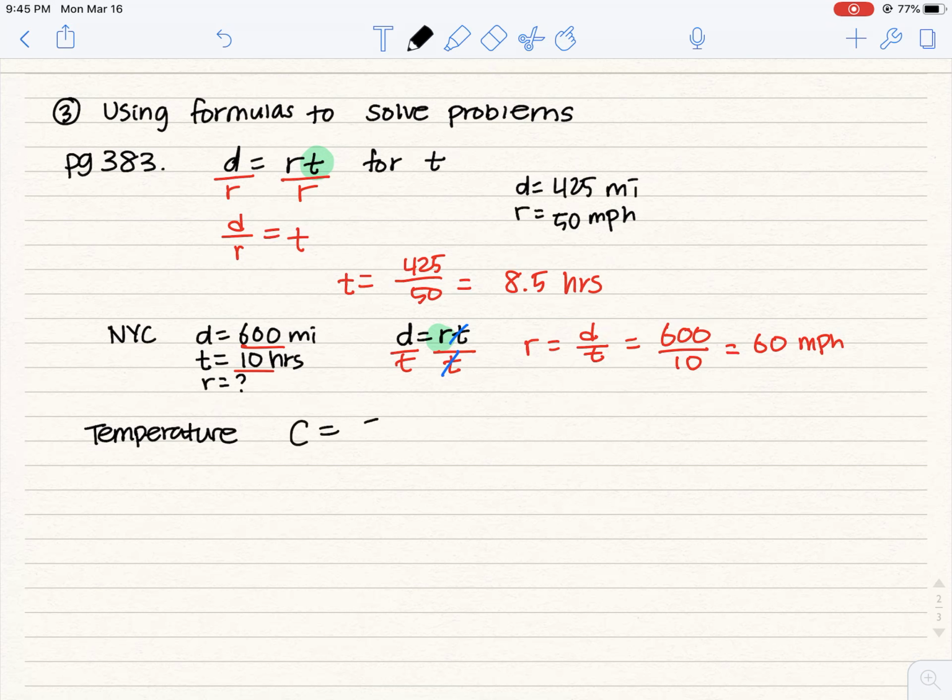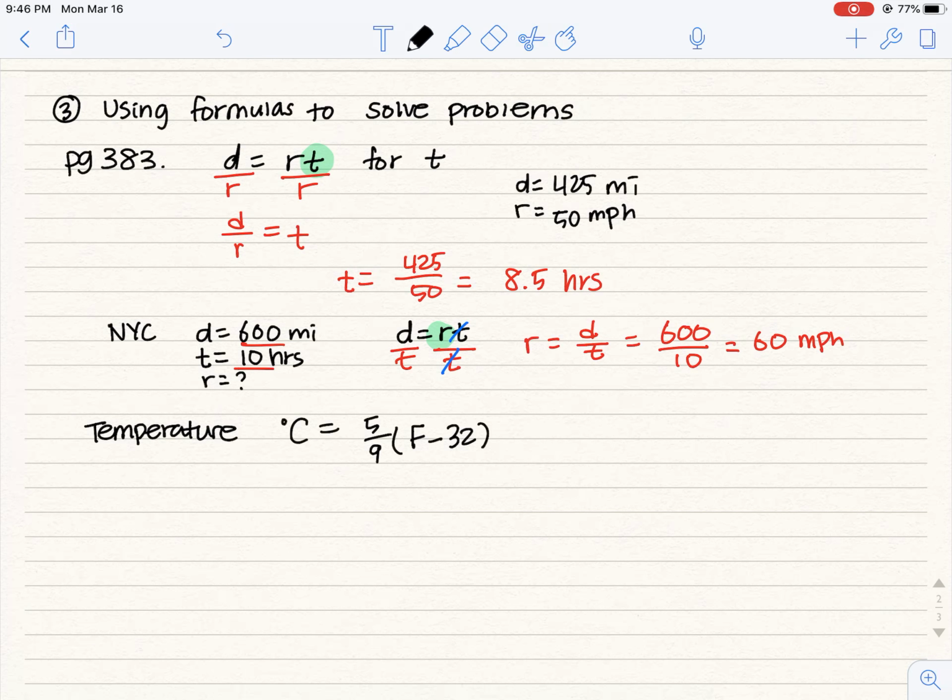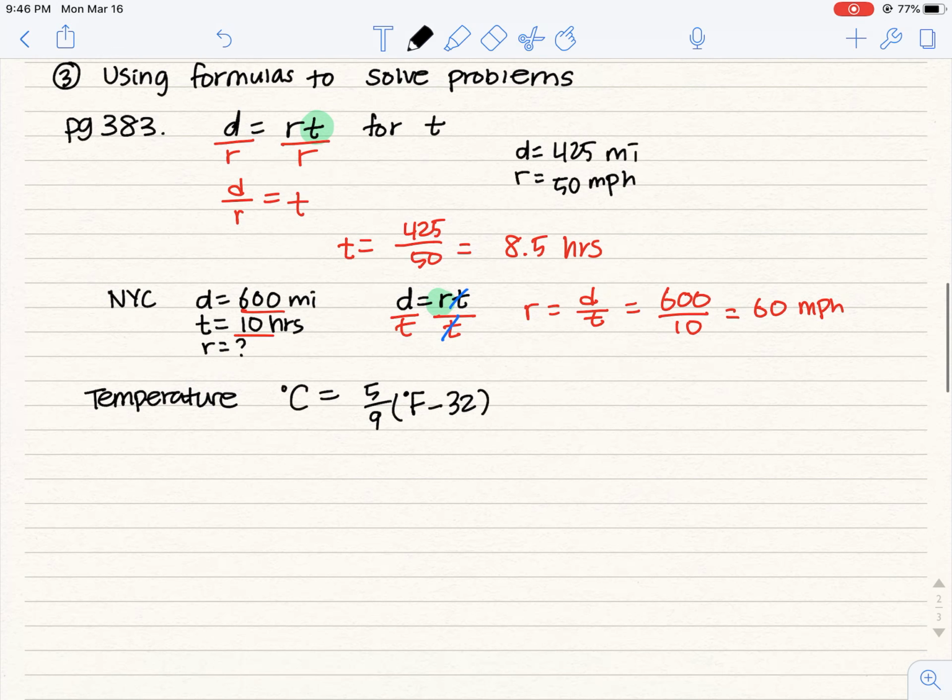is going to be Celsius equals 5 over 9 times, and then in parentheses, Fahrenheit minus 32. So basically what you do is you subtract 32 from the Fahrenheit degrees and then you multiply that by 5 over 9. Okay, so let's say this is the Celsius and Fahrenheit, and you have to find the temperature from Celsius to Fahrenheit. So solve for Fahrenheit. Let's say in San Diego